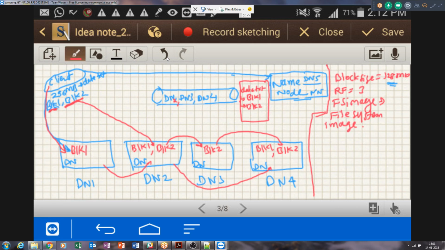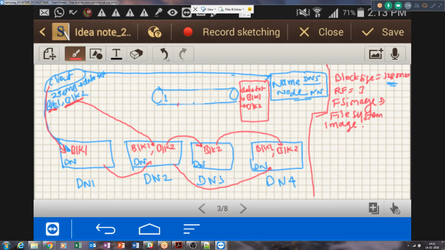So this is the writing process, and once everything is done, this particular pipeline will be cleared, because now we are good with the file writing process. Now data.txt is written into your Hadoop distributed file system with the help of the name node and data nodes. Now name node will continue to receive the heartbeat.